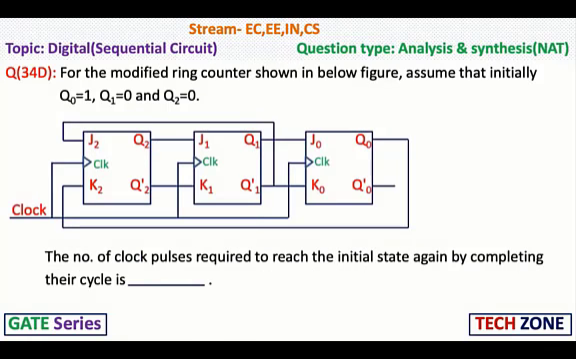fill in the blanks. So the question here is: for the modified ring counter shown in the below figure, assume that initially Q0 equals 1, Q1 equals 0 and Q2 equals 0. So this is the figure given here. The number of clock pulses required to reach the initial state again by completing the cycle is